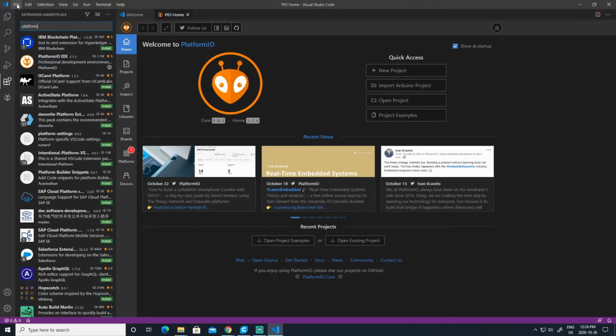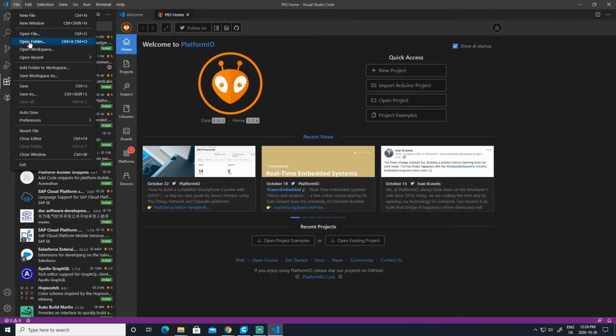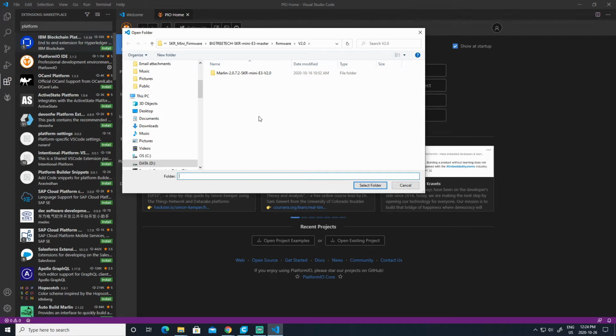Once it's installed, you'll need to open the file that we downloaded from SKR, from the Bigtreetech GitHub page. So go to Open Folder and navigate to the SKR Mini folder, or wherever it is that you put the download. So I put it into SKR Mini Firmware. Here's the folder. Click on it, click on Firmware, go to whatever version of board that you're installing the mesh bed leveling into. I'm going to go to version 2 because that's what I have, and then highlight Marlin